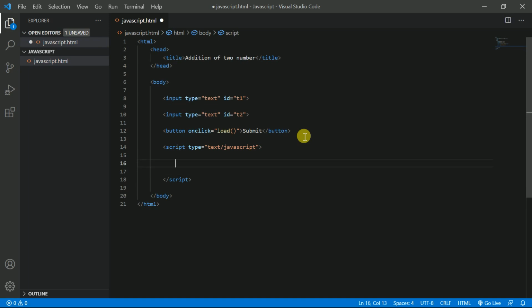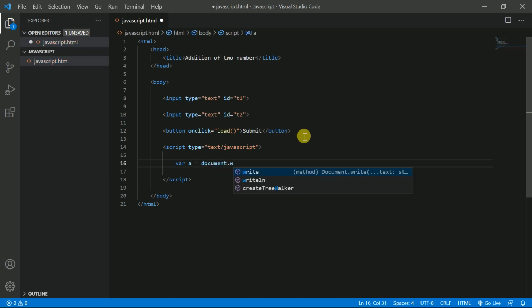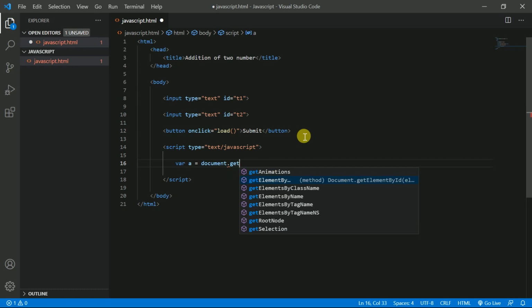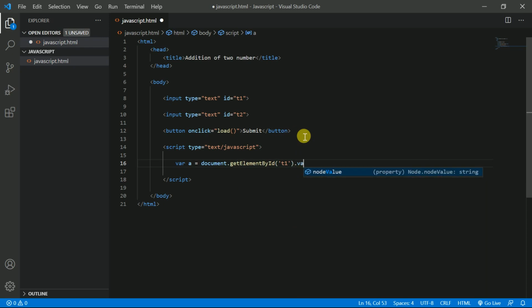Now we will take the text values by using document dot getElementById. Using T1 dot value, we want the value of this input field, so we will take value.